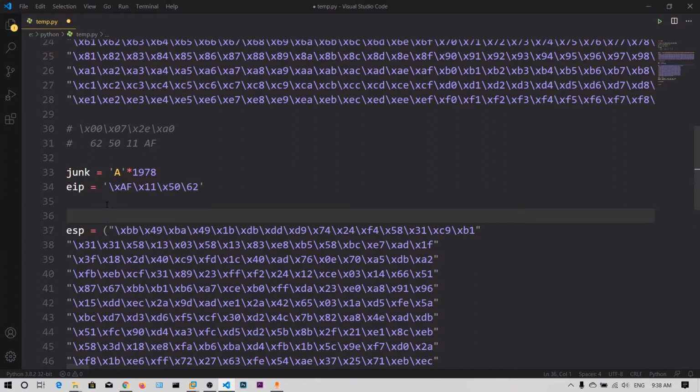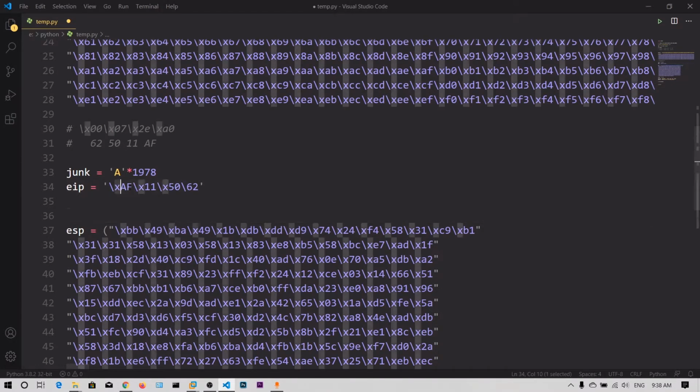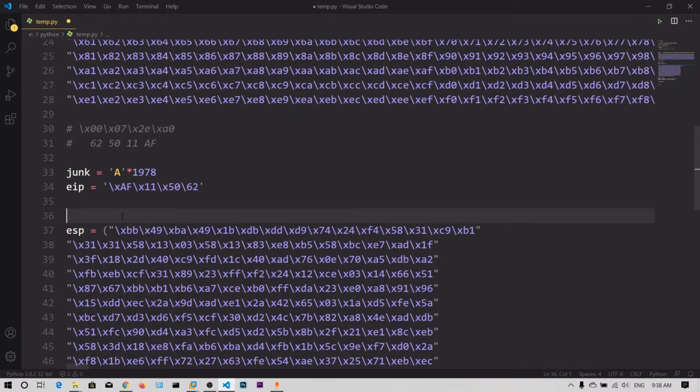Now the problem is it may leave some junk bytes after executing the jump ESP instruction, because the instructions after this jump ESP may contain some junk bytes, and those will also be forwarded into ESP. To avoid that we need to add NOPs. NOP means no operation instruction, which is 90 in hexadecimal representation.